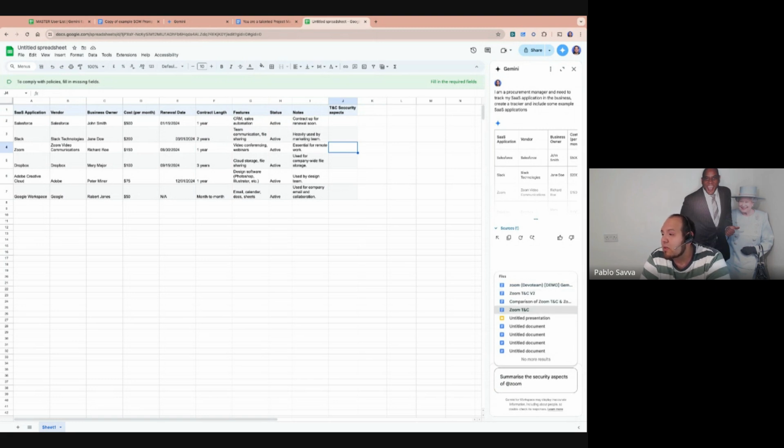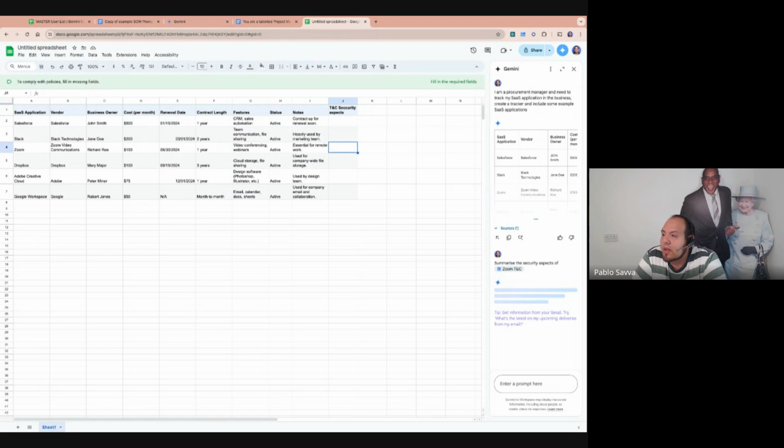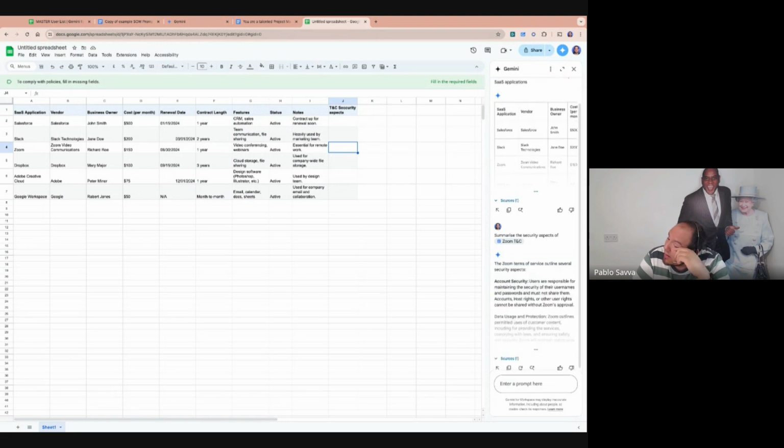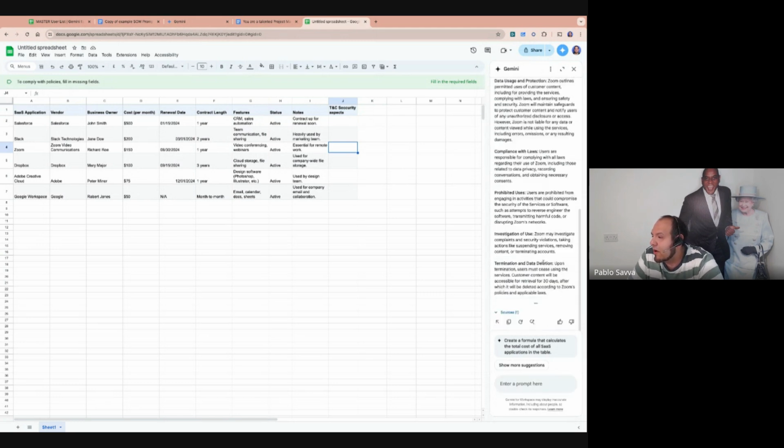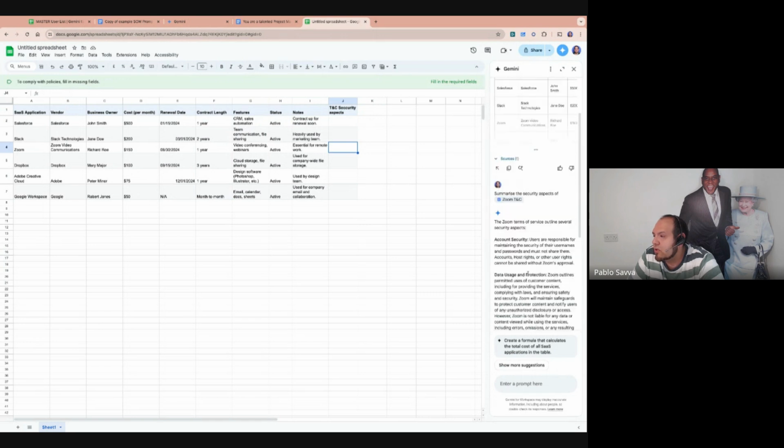It does do PDFs. I'm going to include the Zoom, that's like a 50-page terms and condition document. And I'm going to say, summarize the security aspects of Zoom. That would have taken me at least an hour to go through that document and get all the security aspects from there. I mean, even Gemini is taking a little bit longer. There we go. So that huge document, it's given me 3 or 4 paragraphs of the security aspects in Zoom,